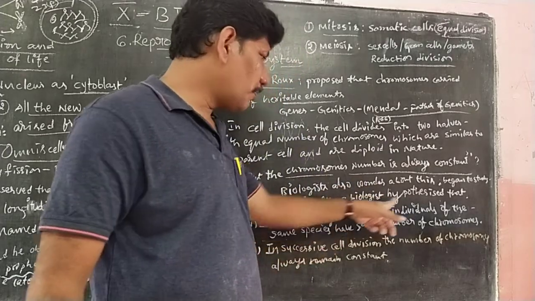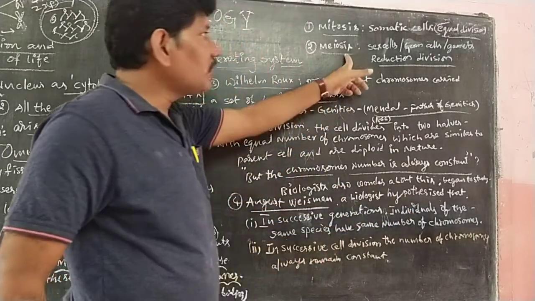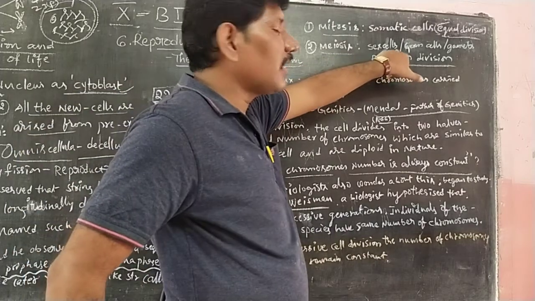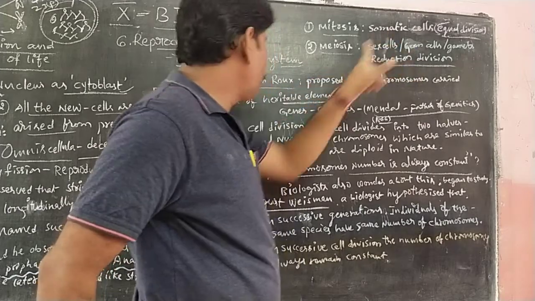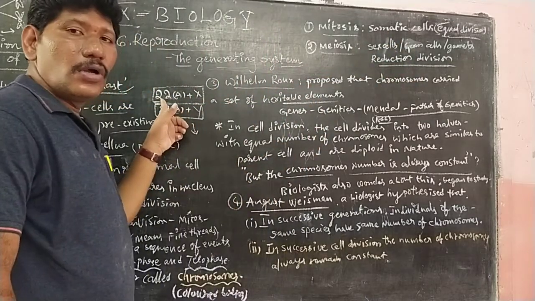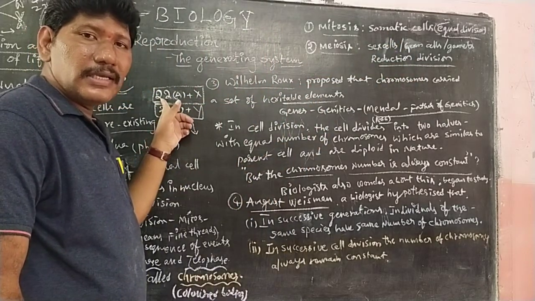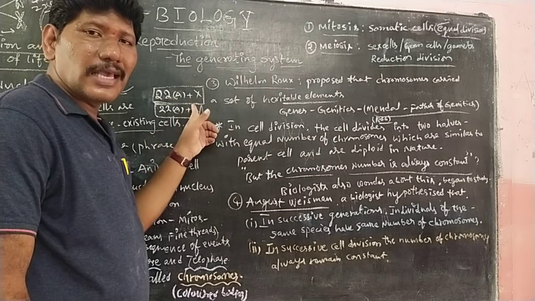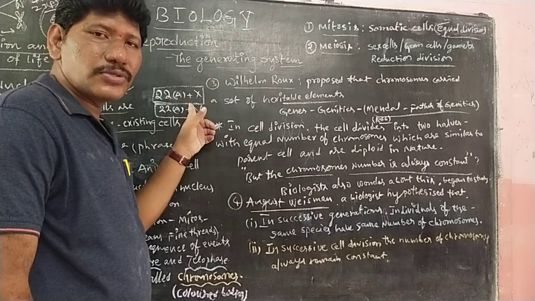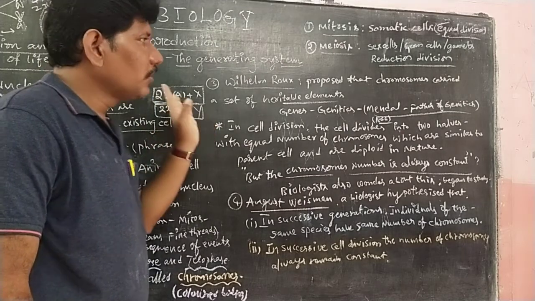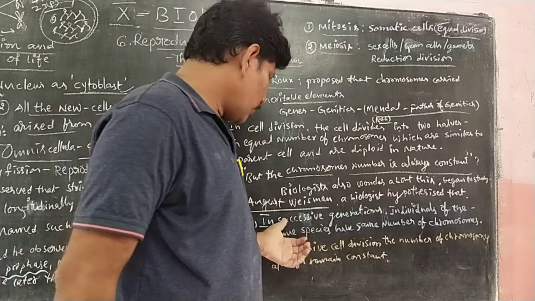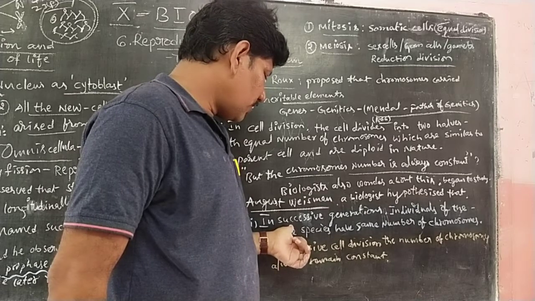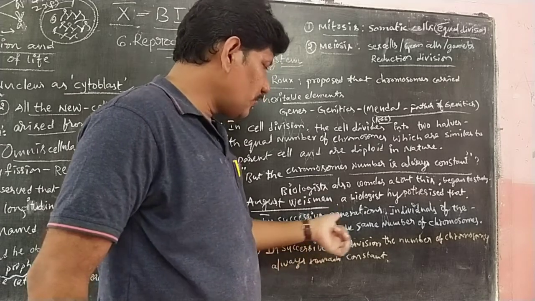So he hypothesized that meiosis occurs in the sex cells, so that only half of the chromosomes come to the gametes. Only half of the chromosomes come to the gamete cells. Is that clear, children? He explained this, so he hypothesized that. According to his statements, in successive generations,